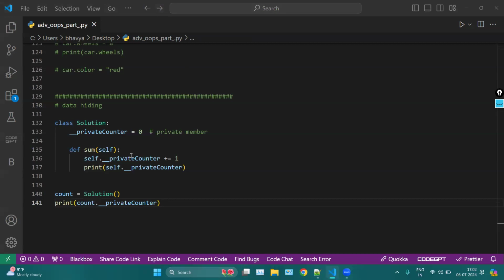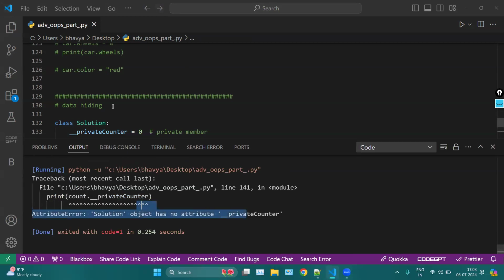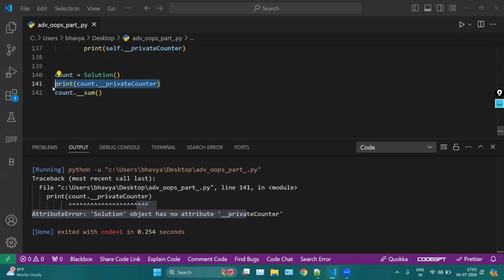We can even make this function a private method also, by putting underscore underscore. Now this method becomes a private method. Okay, so if I run this one, count dot underscore underscore sum, this will throw the error here. See, this will throw the error. If I remove this private counter from here, see,